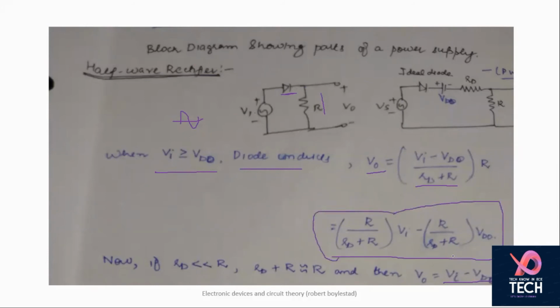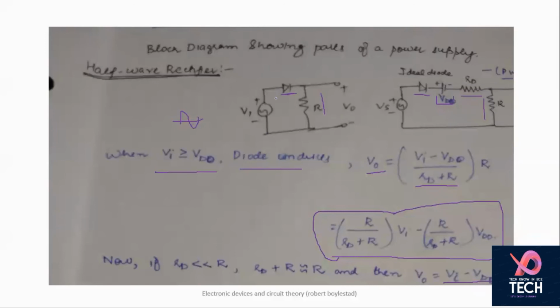Okay, that's fine. Is there any doubt in this? This is your simple rectifier, and what we do is replace your diode with the diode equivalent model: the diode, then this voltage source, then a resistance. When the diode is reverse biased, it's fine, nothing is there, no current is there. But when the diode is conducting, we are interested in finding the output voltage.